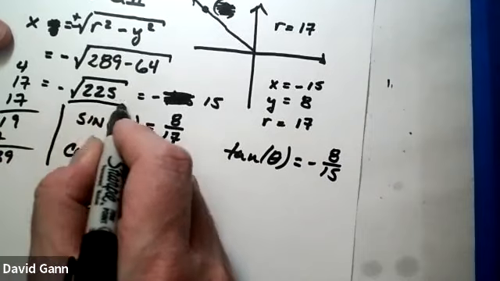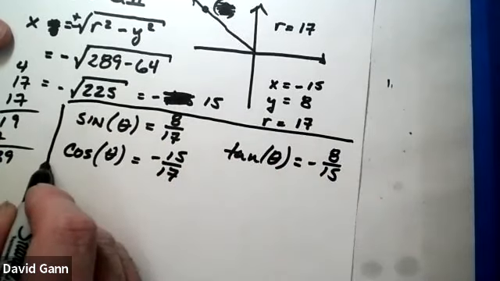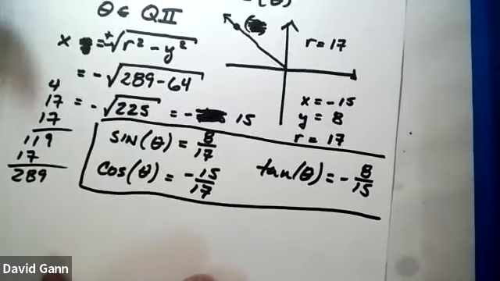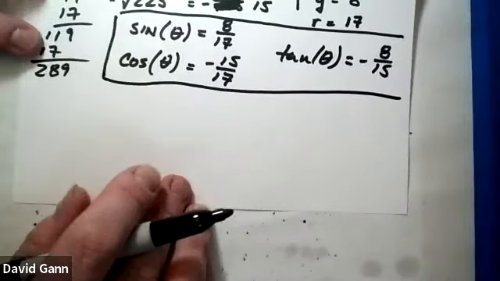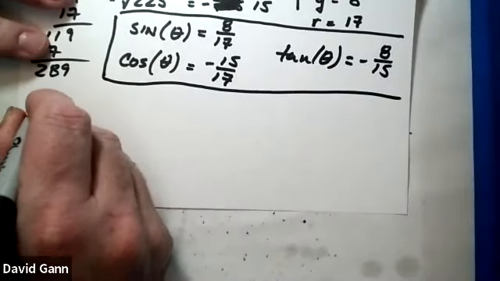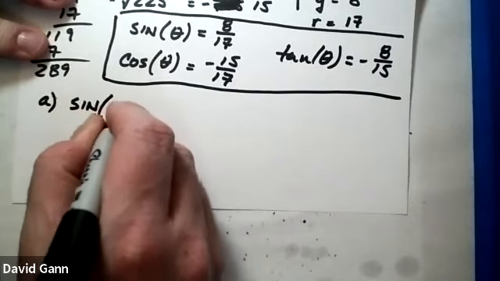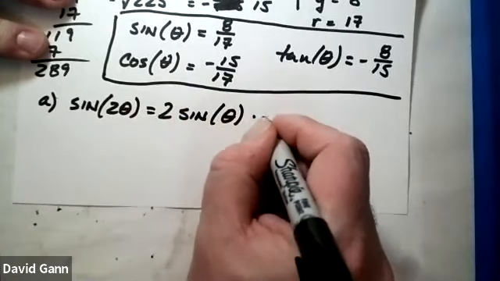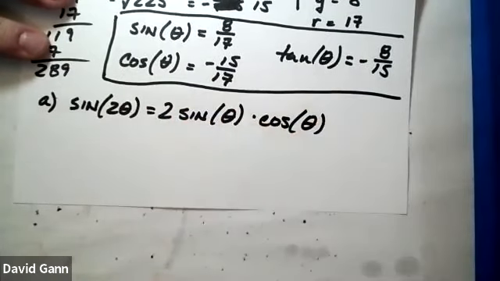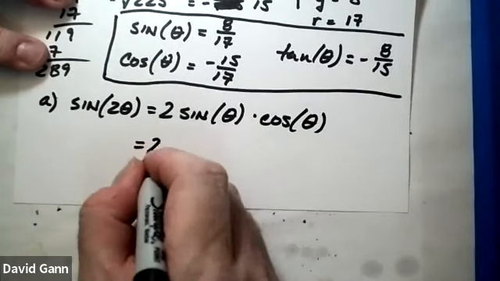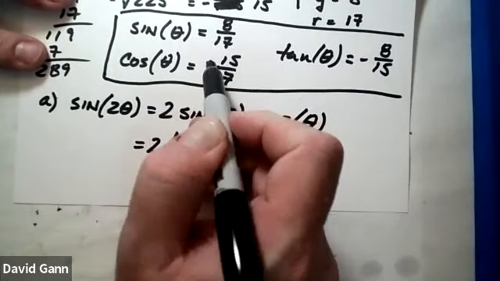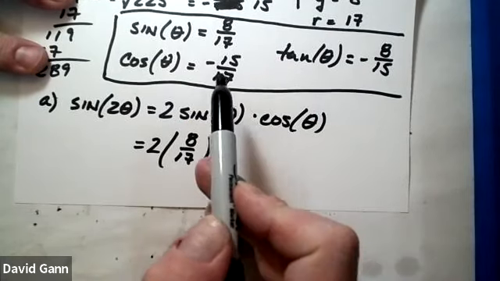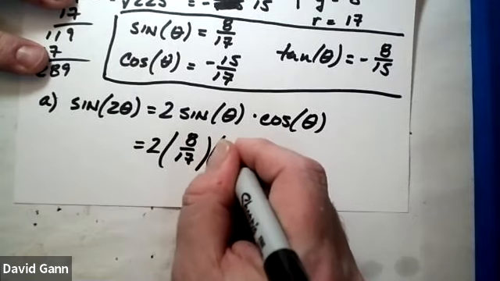So this is sort of the preliminary work that we needed to do in order to be able to answer these first 3 parts. Okay, and I'll refer back to them as necessary. But I think we can do part A relatively quickly because sine of 2 theta, recall, has a formula that is just 2 times the sine of theta times the cosine of theta. And simple substitution will get us 2 times, well, sine of theta is 8 over 17. And cosine of theta is negative 15 over 17,